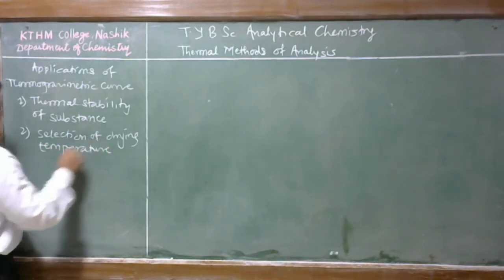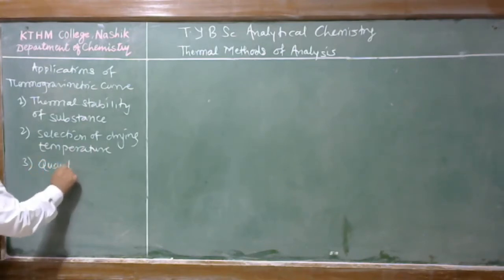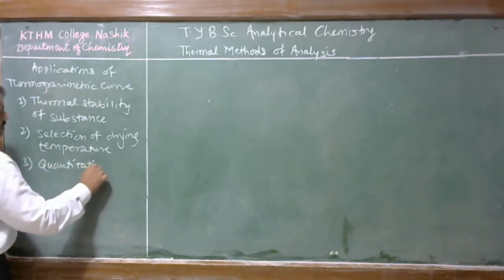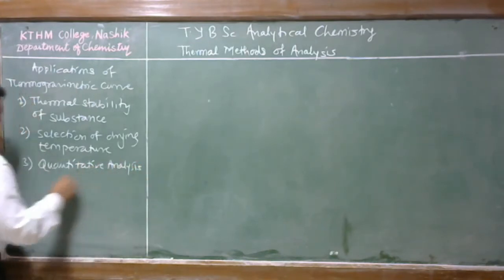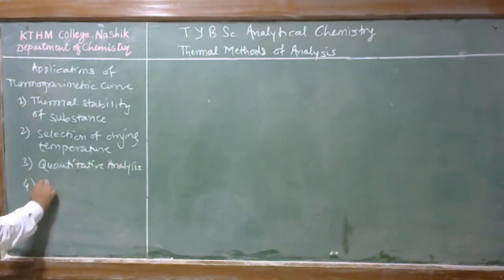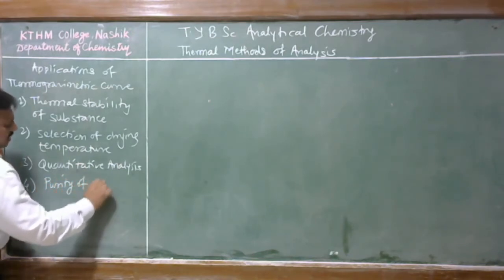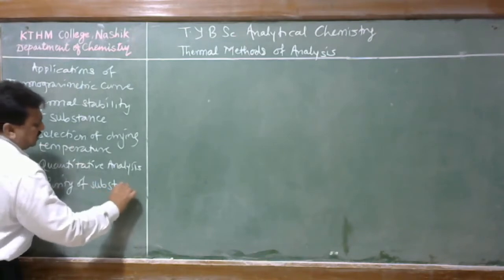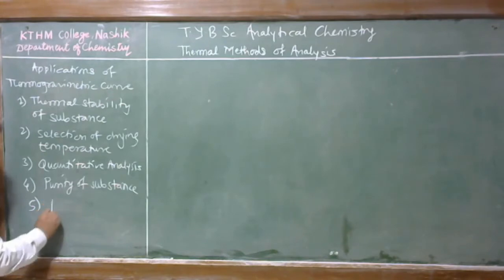Then we also utilize the thermogram for quantitative analysis. Furthermore, quantitative analysis can be extended to determination of purity of the substance. And today we have to discuss the application of the thermogram in determination of percent